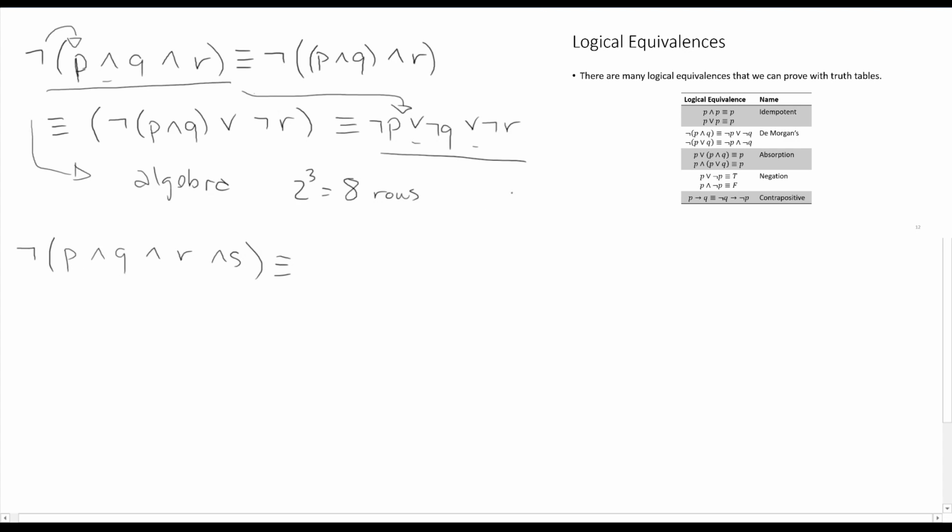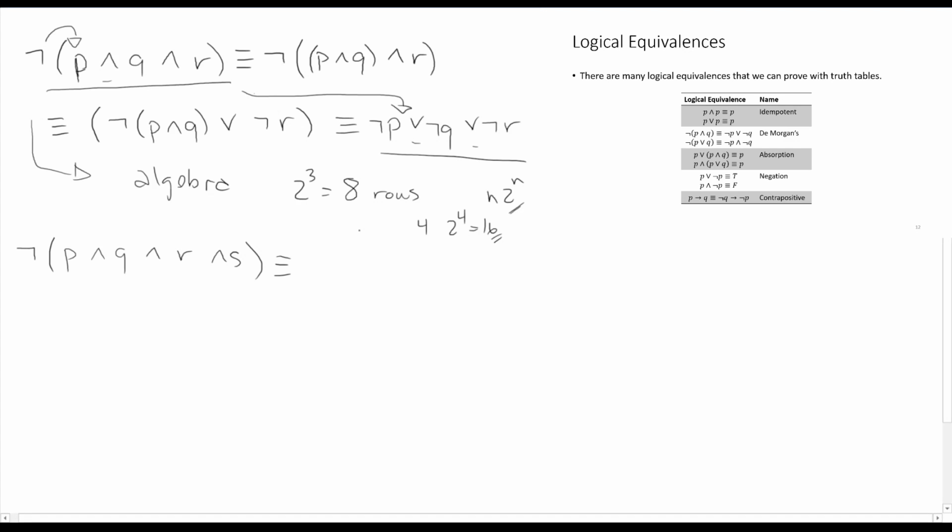So again, if we have n variables, we're going to end up with 2 to the n rows. So if we had 4, 2 to the 4 is 16. So we're starting to get into the space where we might not want to do that. We might not want to fill out 16 rows of truth tables just to verify that DeMorgan's Law